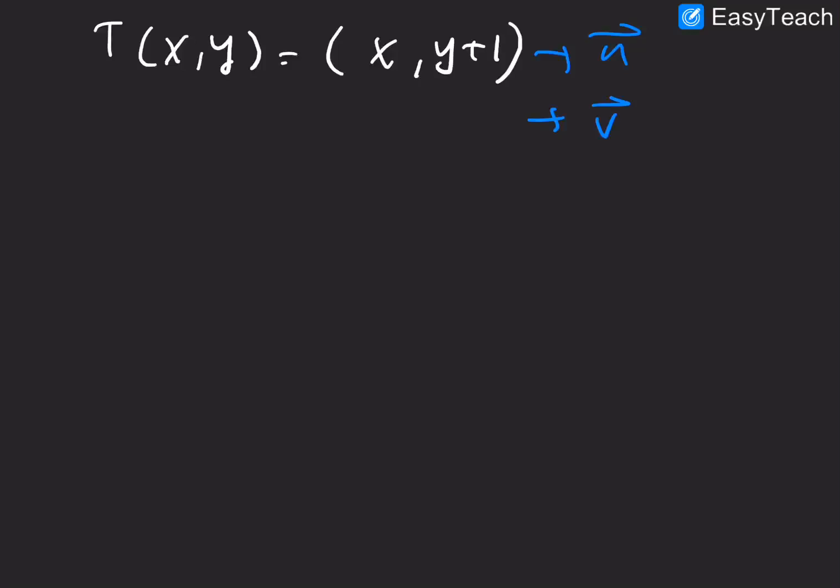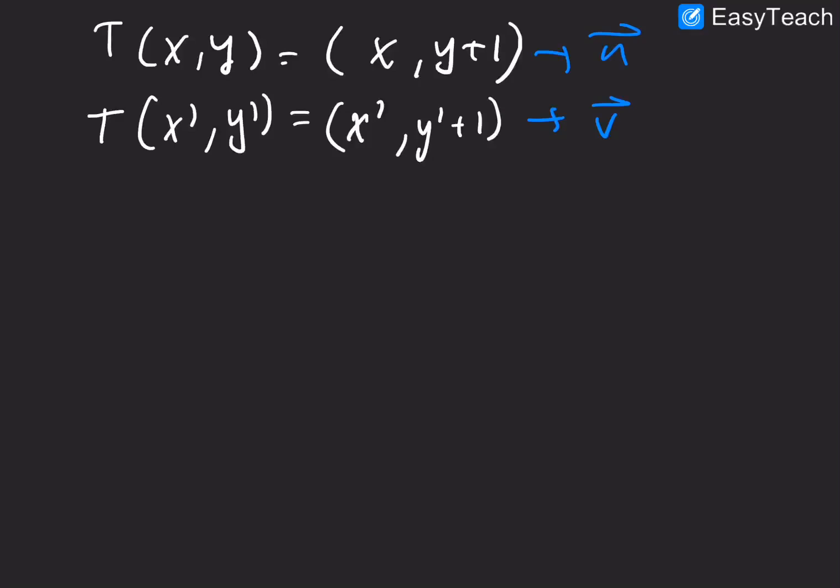So I need another transformation coordinate. So I'm just going to say t of x prime, y prime will equal x prime y prime plus 1. Okay, so let's try the first condition where we have to add the vectors. So let's say t of xy plus